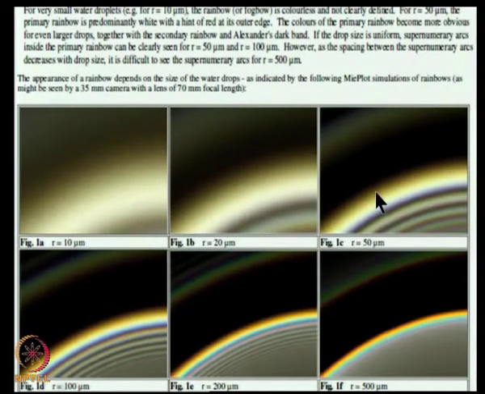And then you start seeing the dispersion, and finally, when it comes to about 500 micron, you see distinct primary rainbow, secondary rainbow. So, all this is from theoretical calculations clearly demonstrating that for very small droplets the rainbow is colorless, you will not see a real rainbow and it is not well defined, and as the droplet size starts increasing, you start seeing